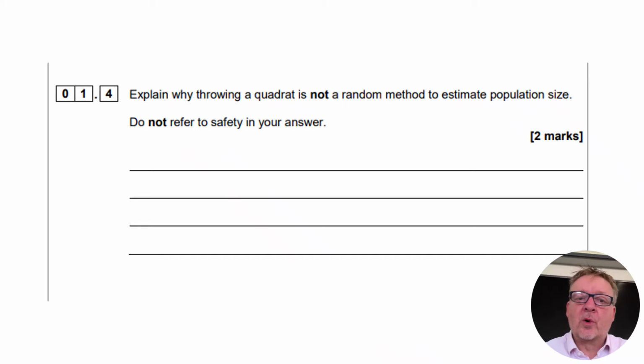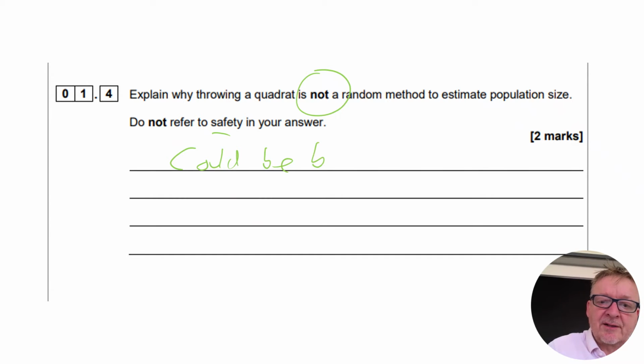Question number 1.4. Explain why throwing a quadrat is not a random method to estimate the size of a population. Do not refer to safety. Why would anybody ever refer to safety? Throwing a frisbee across a field. So what it could